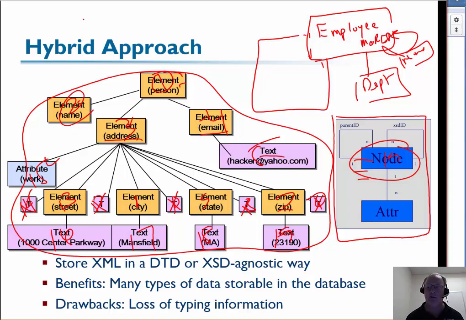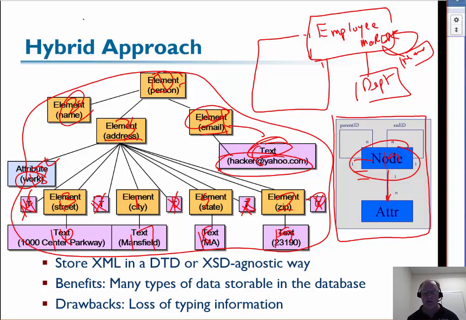But how you would represent the structure then is I'd have foreign keys, let's say from this text node to this email to indicate that it's its parent. Right? And then specific values that are on attributes, whether it's, this is the content node. I don't really have this attribute over here for work. Right? I have a node for that, but the attribute value for work over here would be represented by the attribute table, which means for me to reconstruct a whole tree, not only do I have to join, but I have to pull in and join in the number of attributes I might have off of any generic node.